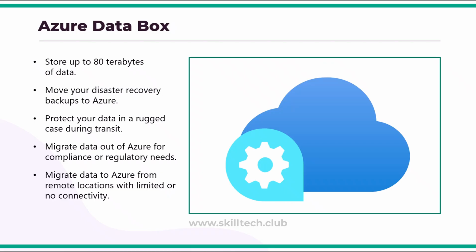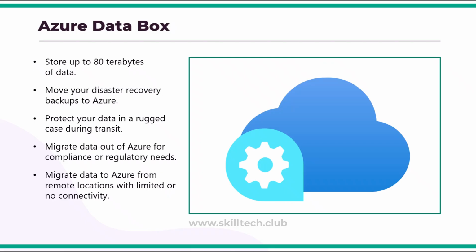So maybe you have on-premise servers where you have disaster recovery backup servers. The huge amount of data which you have stored there, if you try to upload that, it's going to take a huge time. And that's the reason Data Box kind of services are available. It protects your data in a rugged case during transit. So it is a physical box inside which your data is going to be there. And that physical data, like a hard drive box, is going to be transferred in transit from your on-premise server